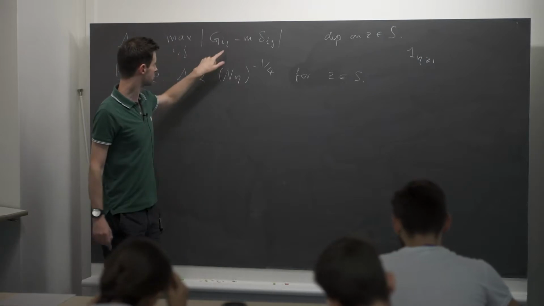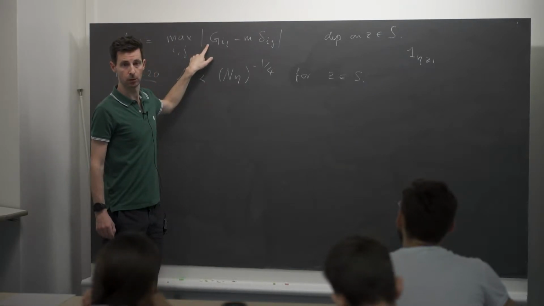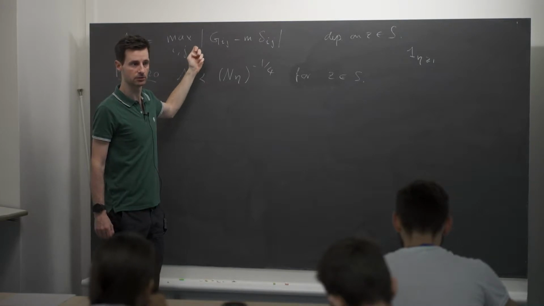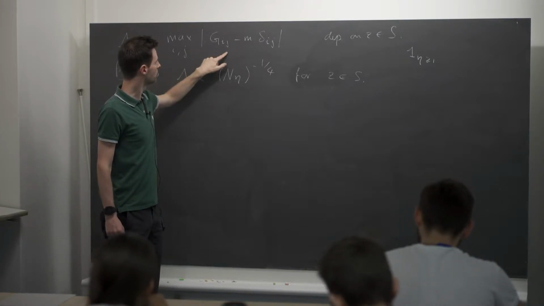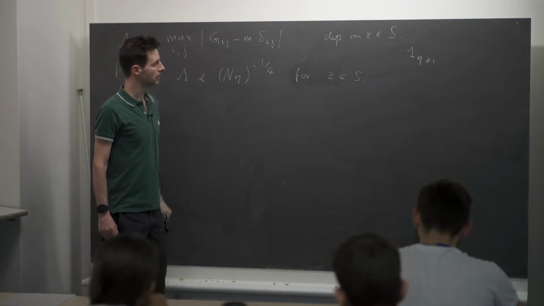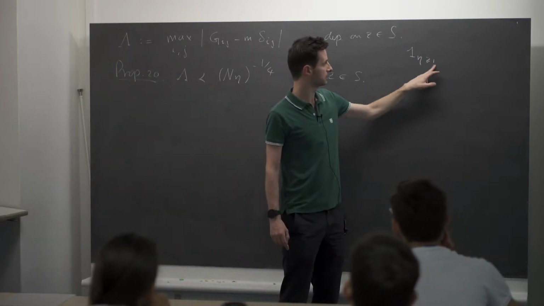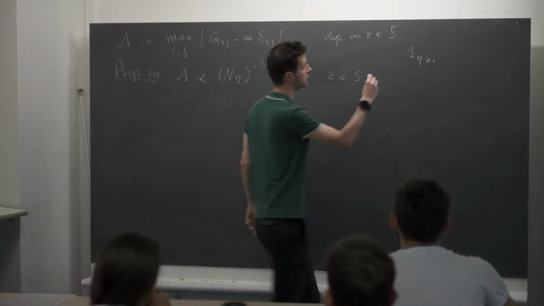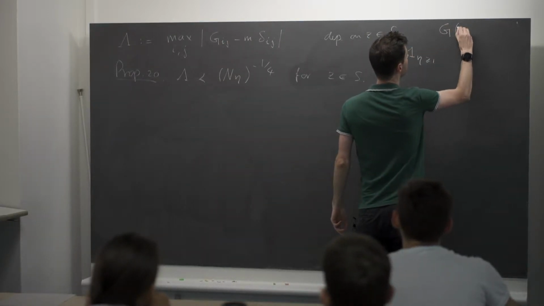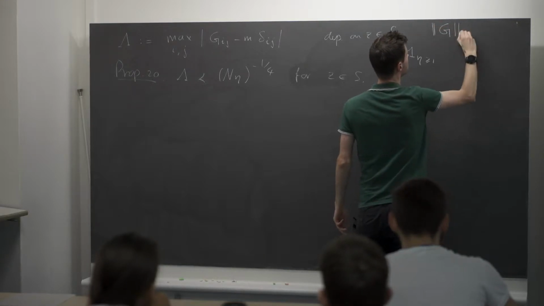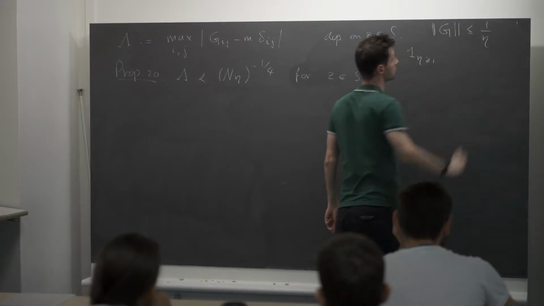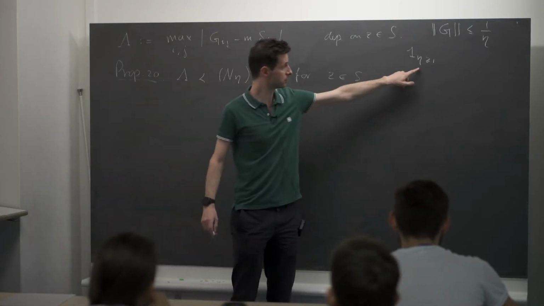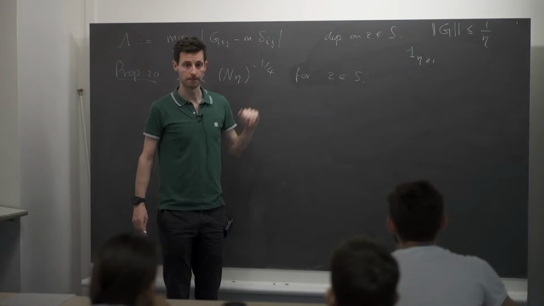The reason for that is that the entries of G_ij are bounded by 1. This is something you saw; it is sort of an obvious fact. You saw it in the first problem set. If you have a resolvent or Green function, and if the imaginary part of the spectral parameter is at least 1, then G in operator norm is bounded by 1 over eta, therefore the entries are bounded by 1 over eta. If eta is at least 1, then these entries are all bounded by 1.